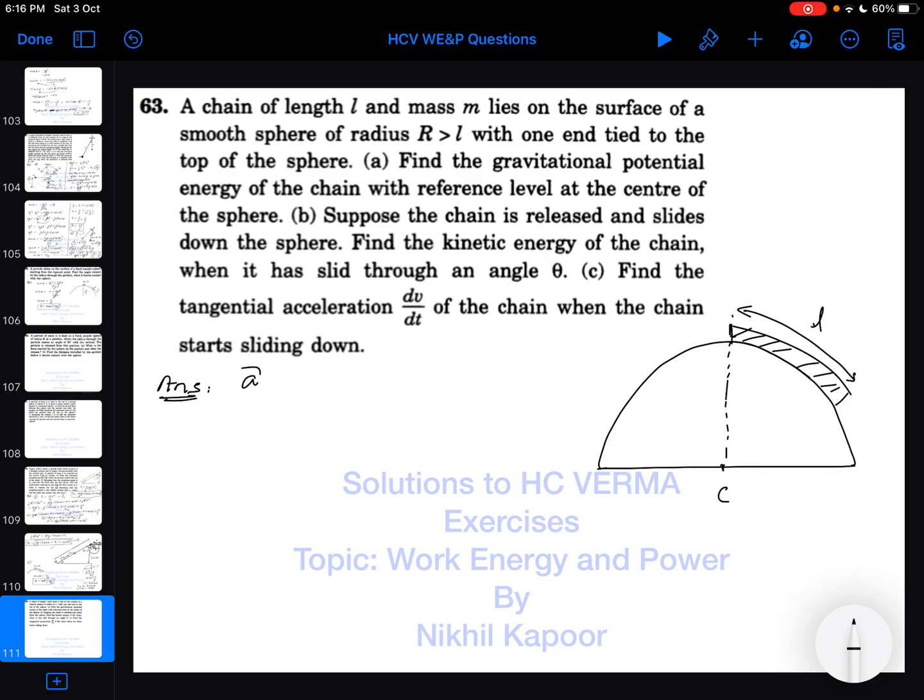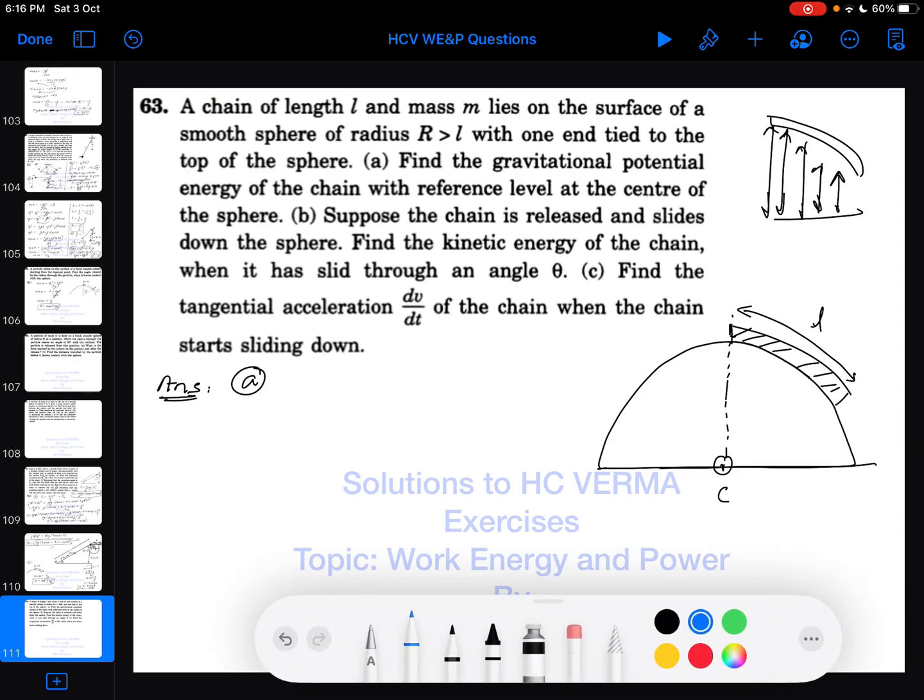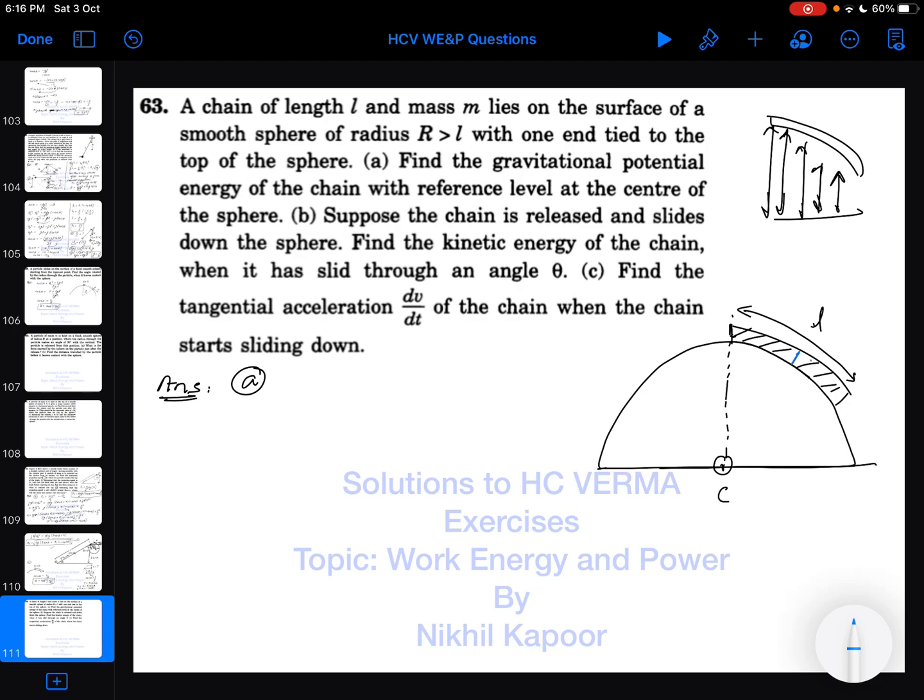The first thing that we have to find is the gravitational potential energy of the chain with reference level at the center of the sphere. So taking the reference level as the center of the sphere. But here you can see the various parts of the chain are at different heights, so we cannot directly calculate the potential energy of the complete chain. First we need to find the potential energy of a small element. So let's take an element. Consider a small element of this chain